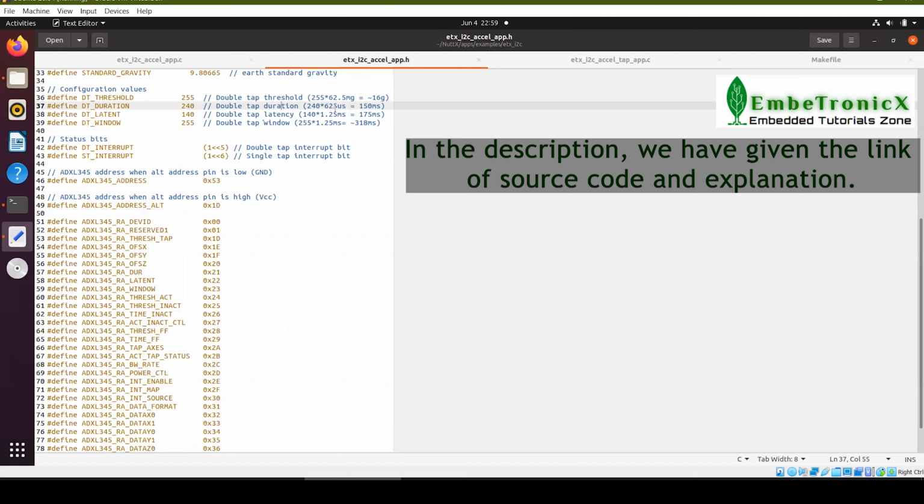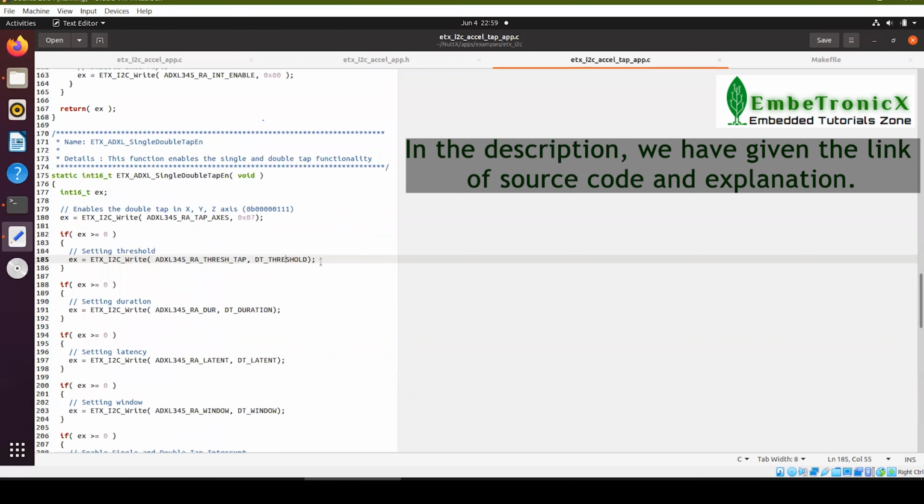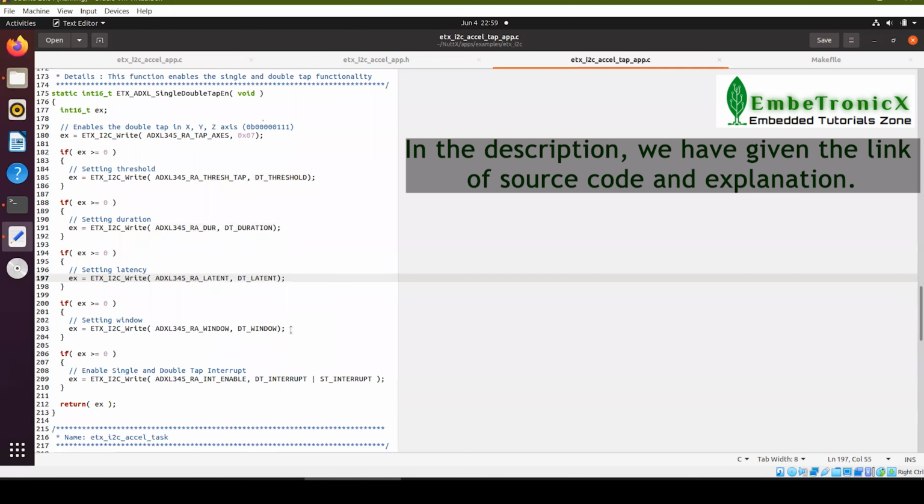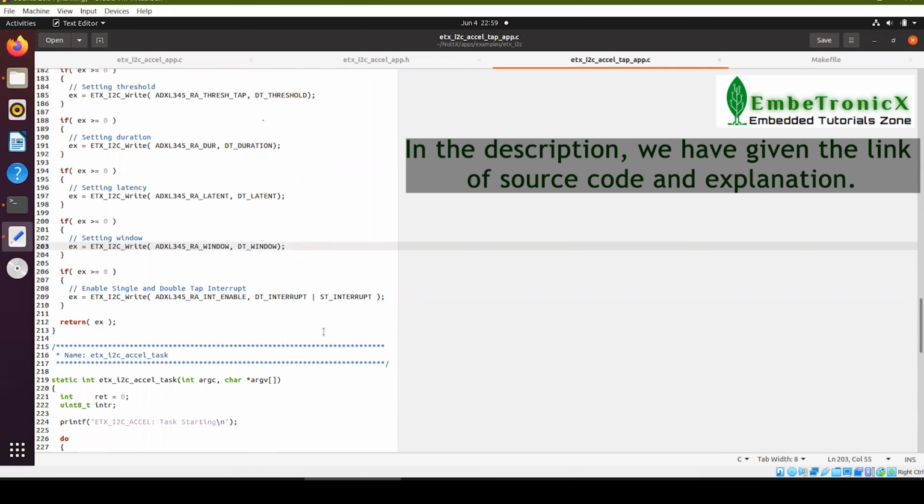After that, the duration is set to 150 ms. Then latency is set to 175 milliseconds. And the window is set to approximately 318 ms. So these configuration values are set to the respective registers. Finally, we are enabling the single tap interrupt and double tap interrupt.